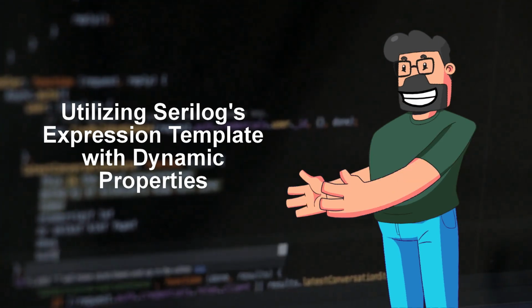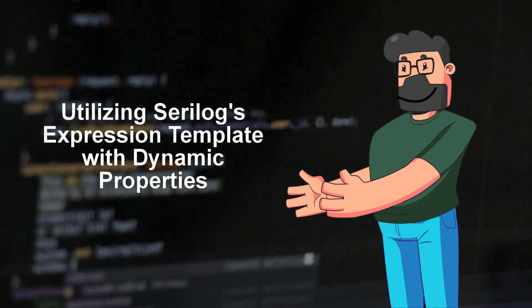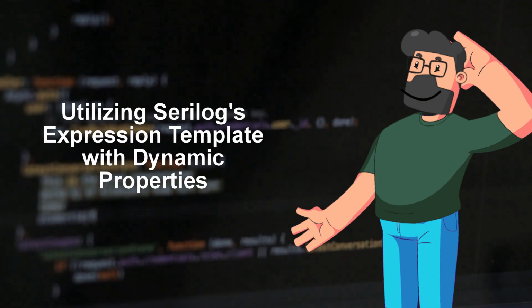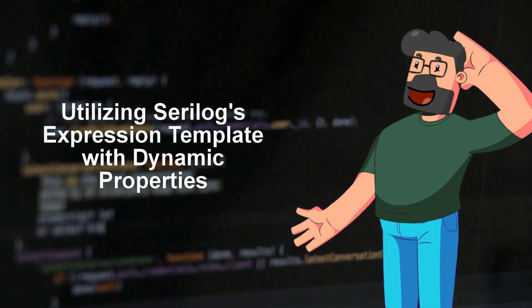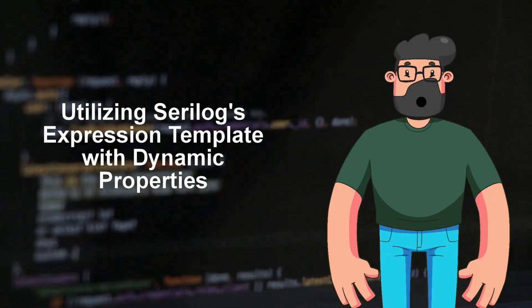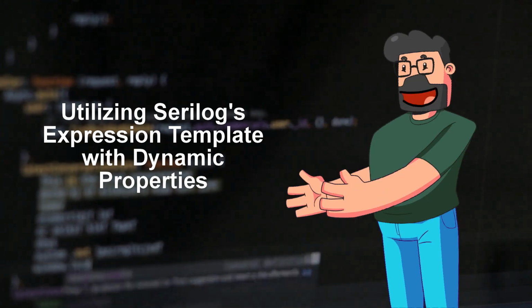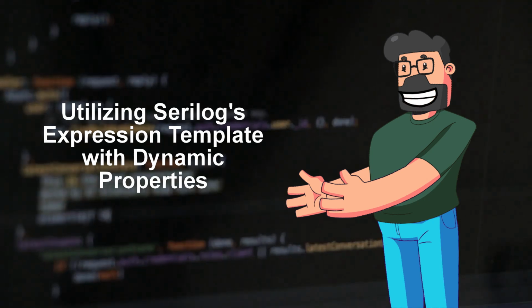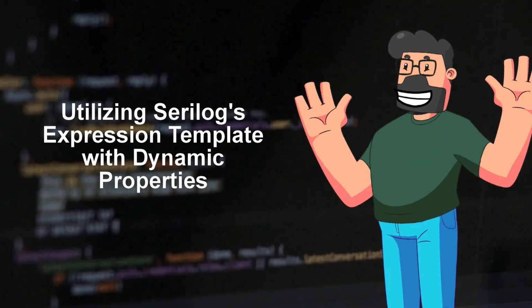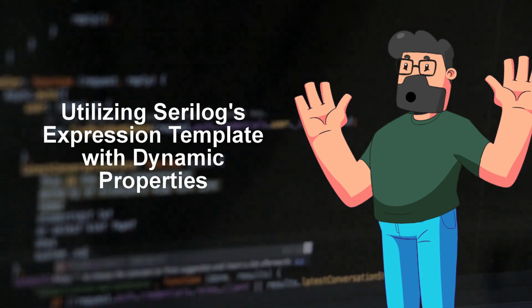The problem we have is related to setting up a standard message template in a C# program for logging purposes. This template includes essential properties like timestamp, log level, and a correlation ID. However, there's a need to add specific properties like interval type, method, and elapsed time to certain log messages. The challenge lies in ensuring that these additional properties are displayed prominently in the log message rather than being buried